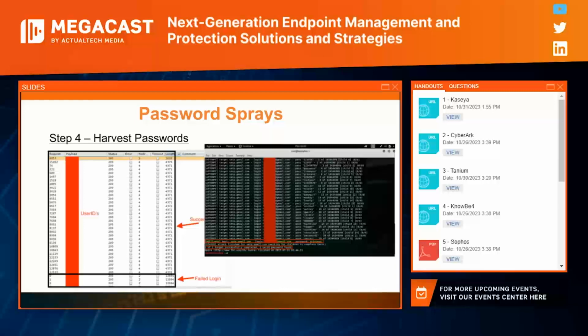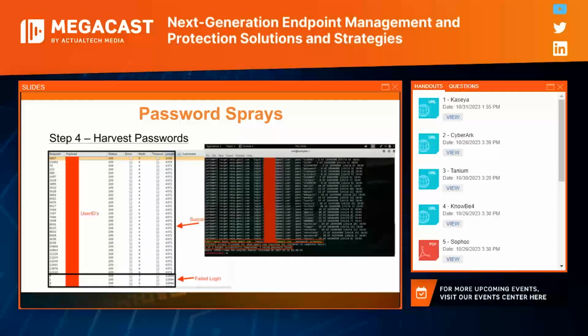They're slow, wide attacks. They don't usually set off the security information services. They could. You could tell your security information service to look for these sorts of attacks, but most people don't look for them. They're looking for a person guessing 1 million times against one account, not guessing a couple of times every 15 minutes against 1,000 different accounts. So you want to make sure your security information event log alerting service looks for a really great number of bad logon attempts across a whole bunch of accounts. That's the way you need to look at this.